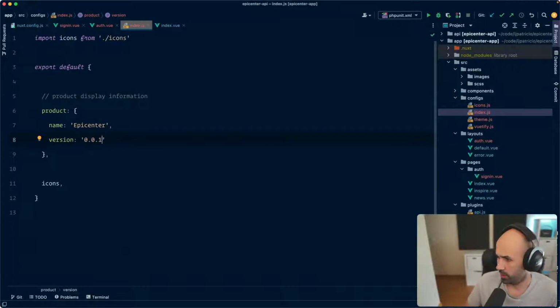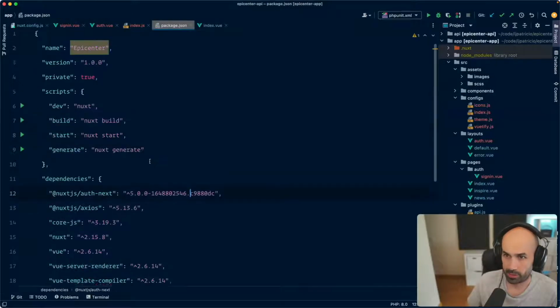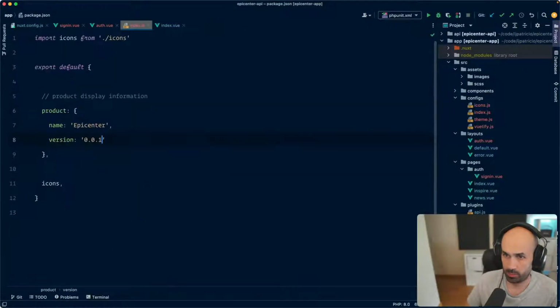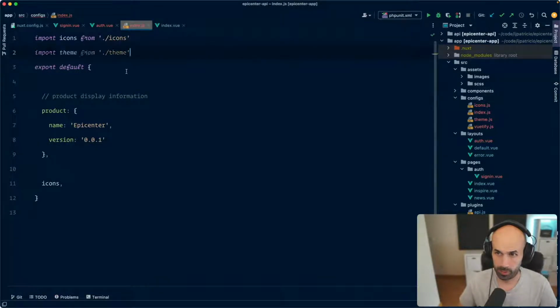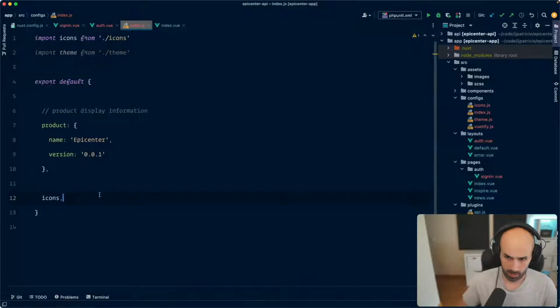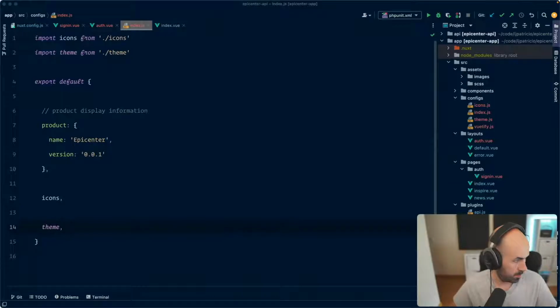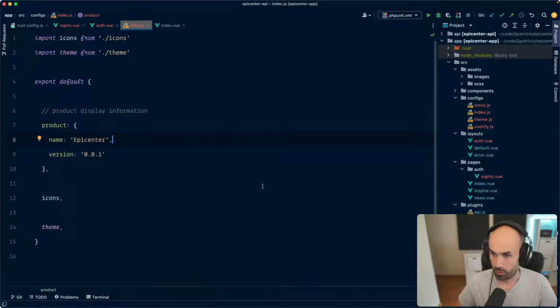Even so, I think we'll get these later on from package.json, probably. I don't know, not sure. Okay, so I guess I'm also pulling the theme, exporting theme, as we are here. So yeah,